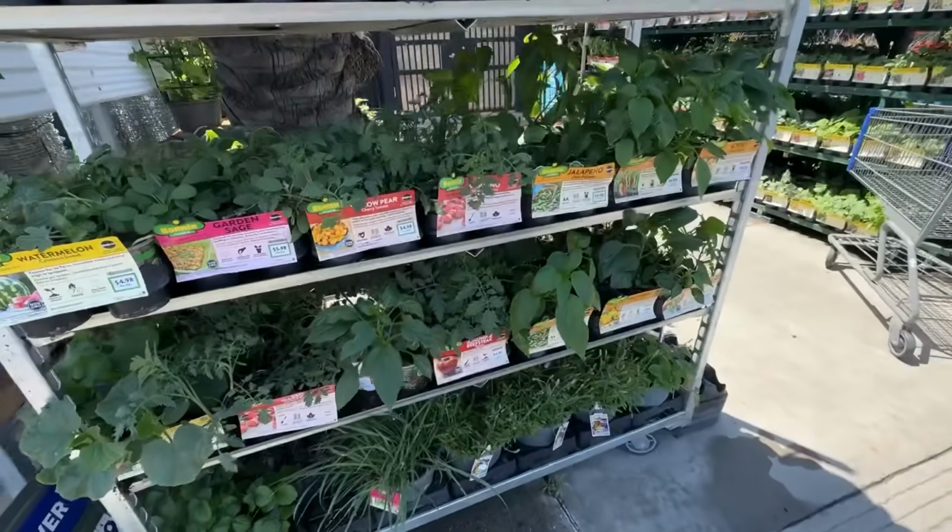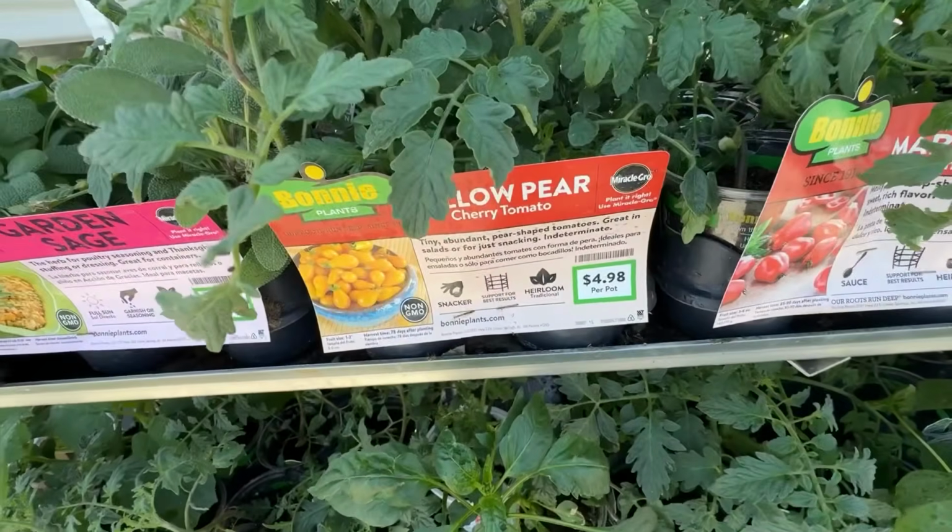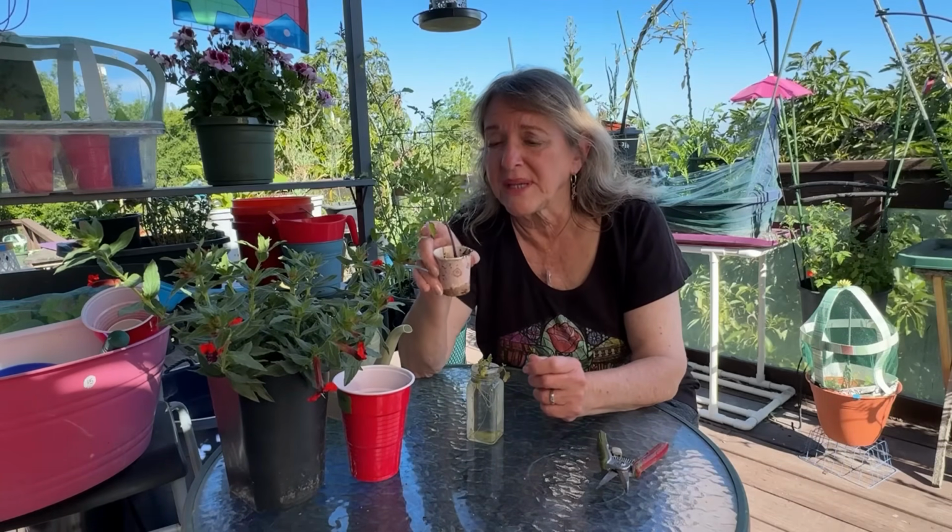Hi, it's Robbie from Southern California, and we're going to talk about tomato plants. Propagating tomato plants, something you buy for $5 to $10 and make yourself a dozen more. Yes, you can do that. Buy one plant and get a whole bunch of them. But there are certain ways to do it. And if you don't do it right, you're wasting your time, or you'll be trying to grow something that just